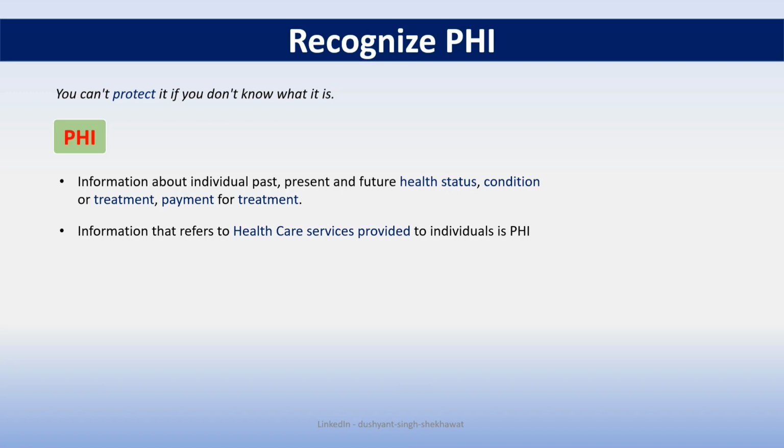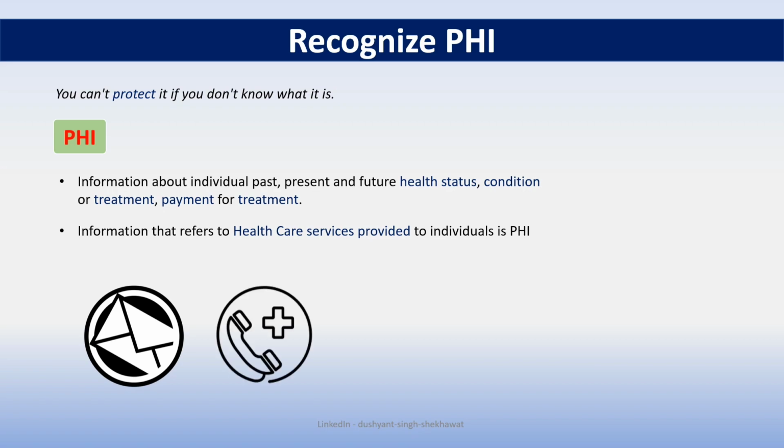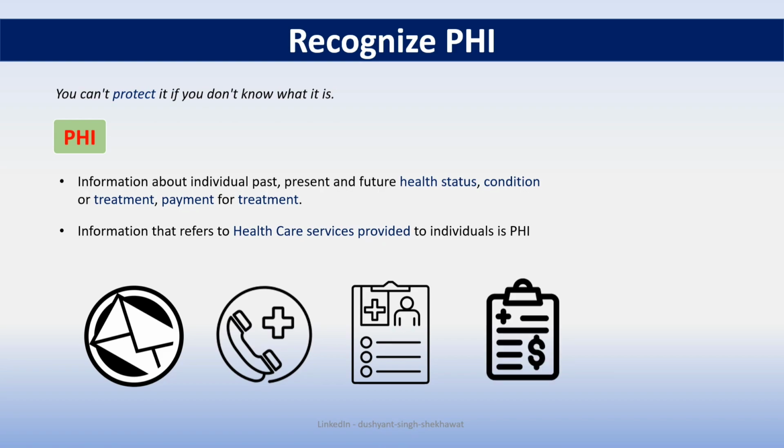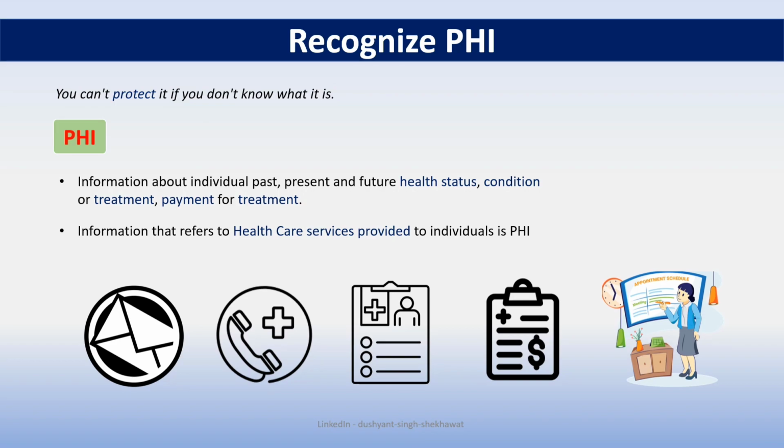Some examples of PHI include sending an email to a doctor's office about an appointment or prescription, voicemail about healthcare appointments, a record containing both a person's name and the name of their medical provider, which includes a member ID or member number, bills or claim information from a doctor or clinic, and healthcare provider appointment scheduling notes. So all these are examples of PHI. These examples illustrate how various types of health information fall under the category of PHI and are subject to HIPAA